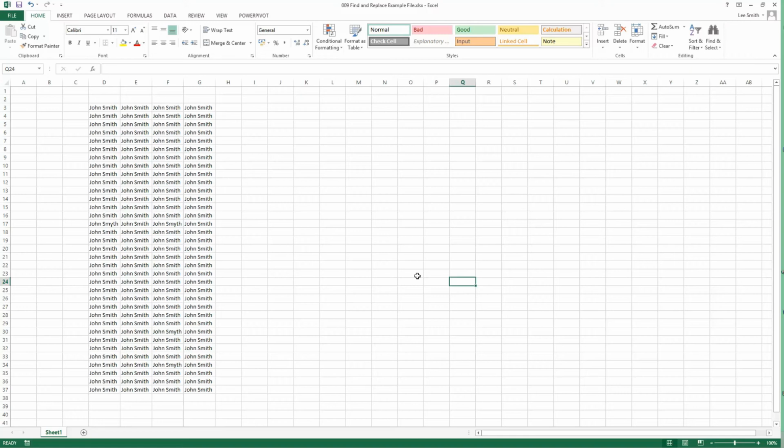Hello, welcome to this module, which is looking at the Find and Replace tool within Excel 2013. This tool can be used for a number of functions, for searching for items and changing them as you see fit. A good example of this is when the good old human eye can't spot what you need to find. So what I've done here to illustrate this is on the screen you'll see I have a bunch of